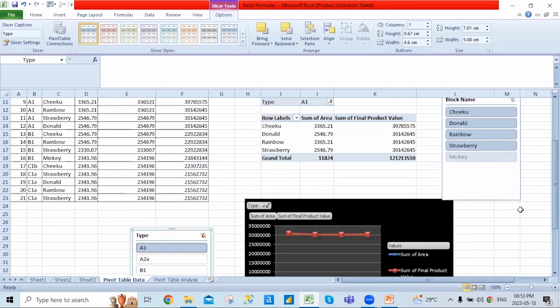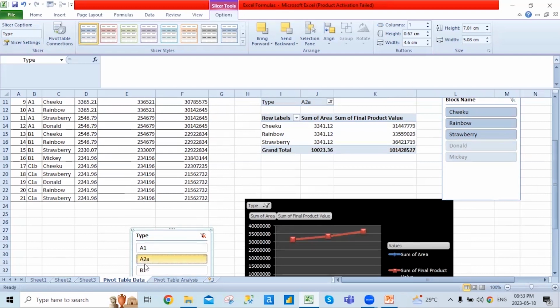So this is something wherein I make a connection to the data set, so that according to my data set, it will show me the values. This value is also changing and the chart is also changing. So these are a kind of interactive charts or interactive pivot tables that we create. Pivot is a very good option. It's an advanced level option wherein you can create all these types of interactive dashboards, interactive data sets,